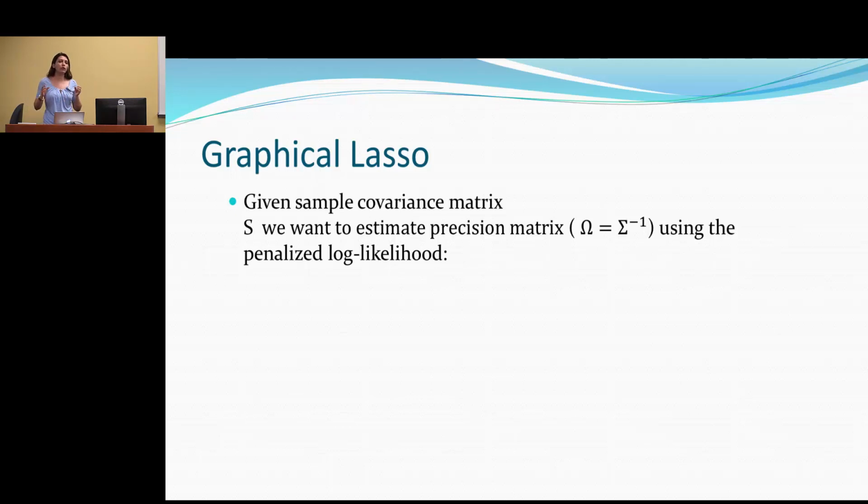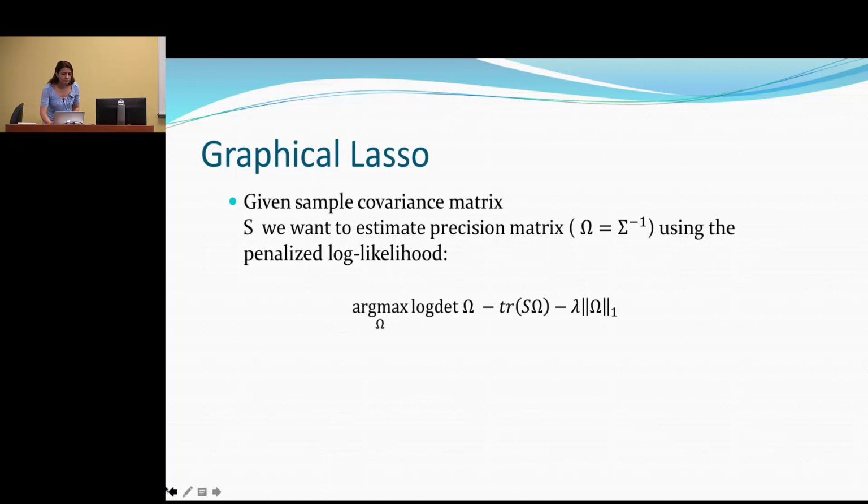More importantly, we want to have a sparse matrix where we just keep significant interactions between variables, and we want to discard the noisy or irrelevant edges. So here we use graphical lasso, where, using the sample covariance, we want to estimate a sparse precision matrix using the penalized log likelihood.